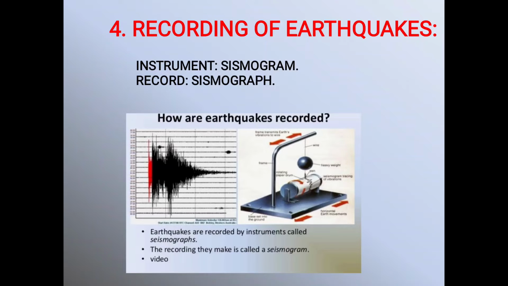Now these are the lines which show the equal magnitude or the uniform magnitude, and when these lines join all the places having those magnitude earthquakes, these lines are known as Isoseismal Lines. It is possible to pinpoint or locate the location of the epicenter by plotting Isoseismal lines showing successive degrees of seismic intensity. Now this was regarding the instrument, the seismograph, and the record made with the seismograph, that is the seismogram.